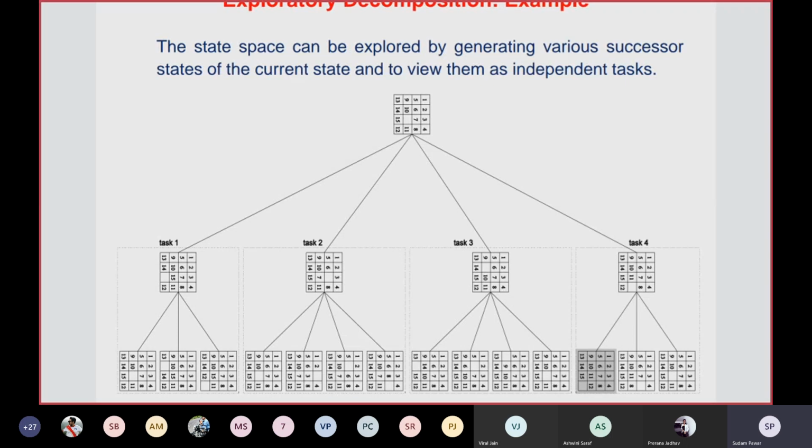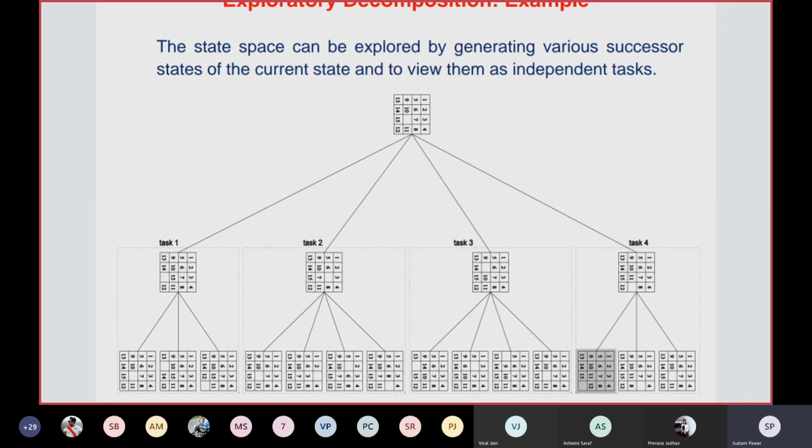So if you see task 1, you have the possibility of moving the 15 down, then moving the 14 to its right and moving the 12 to its left, and then also you will not get the final result. But in case of task 2 also you have the possibility of moving 7 up, then moving 3 down, then moving the 6 towards its right, and moving the 8 towards its left. So these are the possibilities. Then also you will not get the final solution.